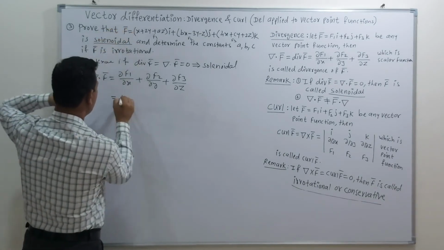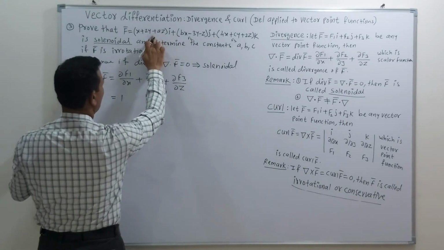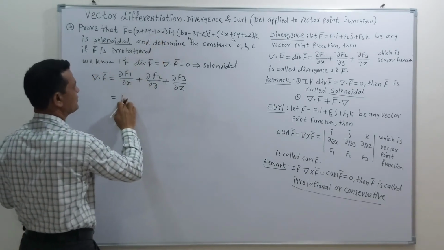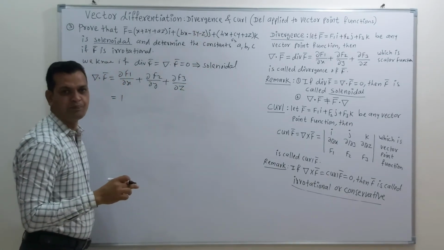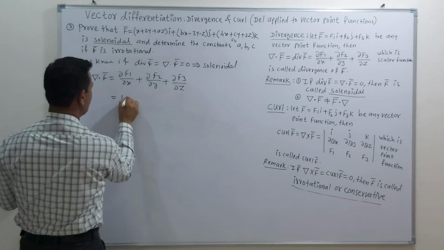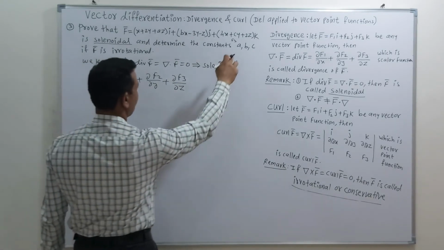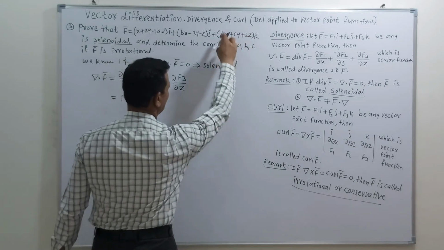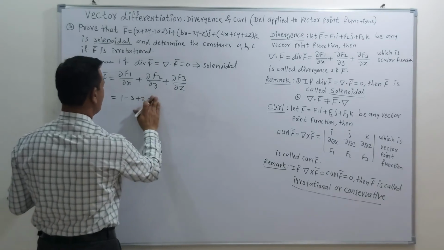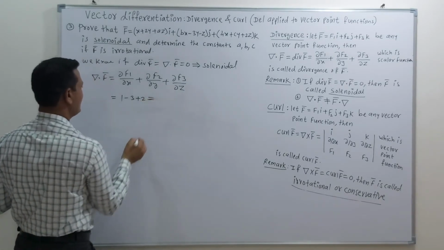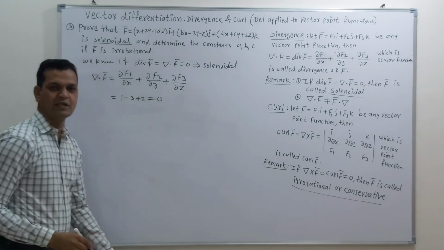So now here we get this partial derivative with respect to x as 1. So this is the value of f1, which after taking the partial derivative with respect to x is 1. Similarly, this is the value of f2, take its partial derivative with respect to y. So when we take the derivative with respect to y, its coefficient is minus 3, and the derivative of y with respect to y is 1. Again, this is the value of f3, now take its partial derivative with respect to z, so this value is plus 2. Now friends, if we simplify this, then we get 1 minus 3 plus 2, and this answer is 0.